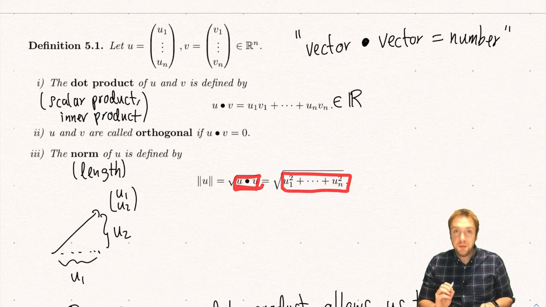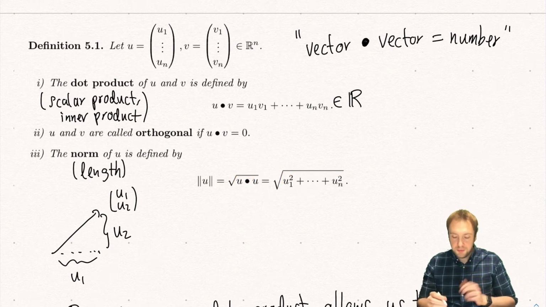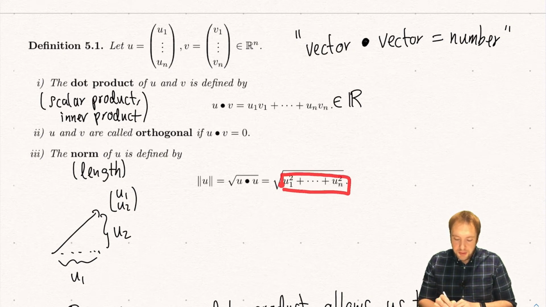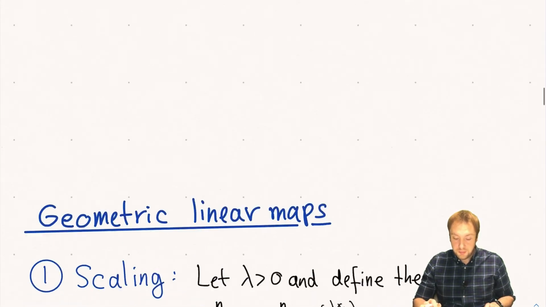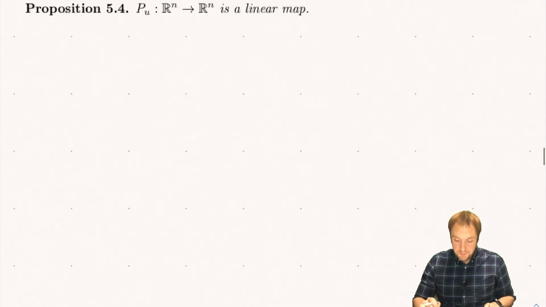So if u is not the 0 vector, then there are some nonzero entries. They can be positive or negative, but if I take the square, then everything becomes positive. And therefore, if u is not the 0 vector, then this is a positive number. So in particular, it's not 0. And therefore,